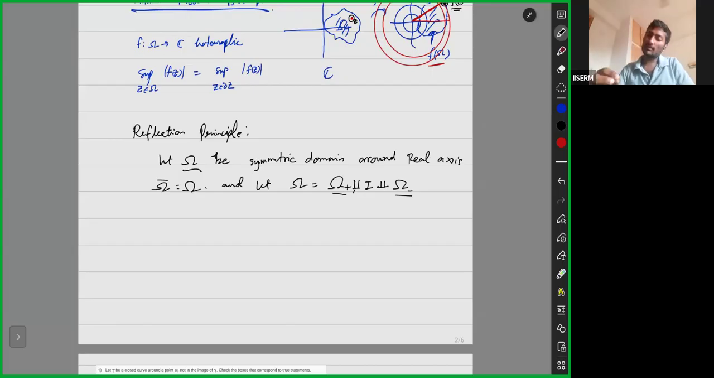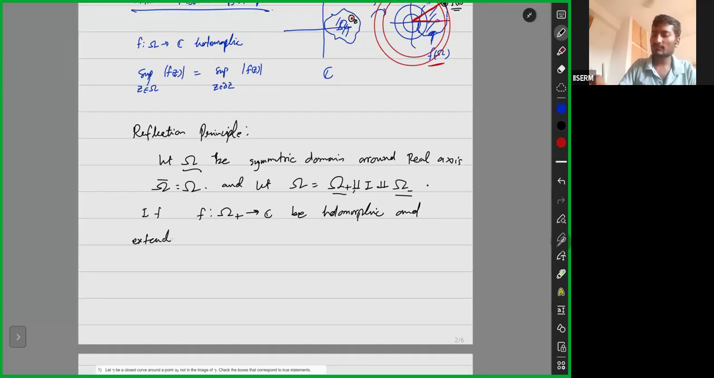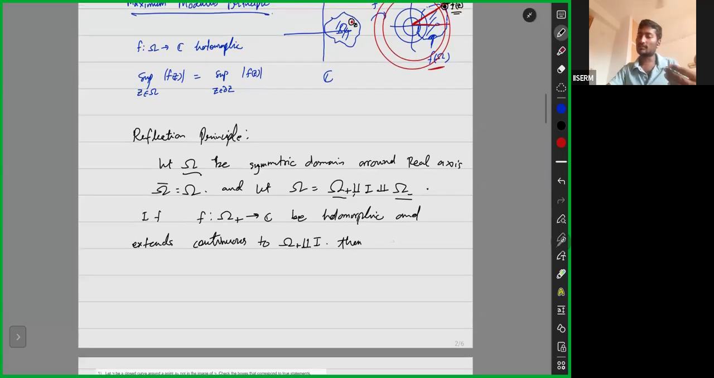And now after this, we come to the theorem. The theorem is this: if f from omega plus to C is holomorphic and extends continuously to omega plus disjoint union with I, then f can be extended